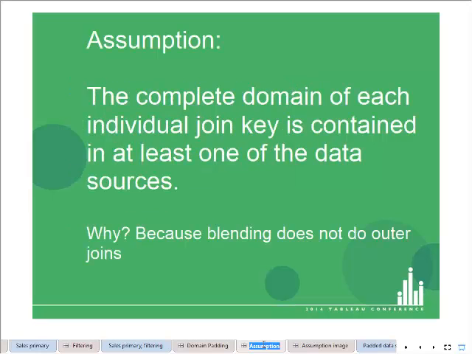So the assumption is that the complete domain of each individual join key must be contained in at least one of the data sources. By complete domain, I mean each individual join key. So customer is a join key. The complete domain of customer is Jim, Joe, and Mary. So all of those customers must exist in sales, basically. The complete domain of product is our other join key. So furniture, technology, and office supplies, those three items also must exist in at least one of the data sources